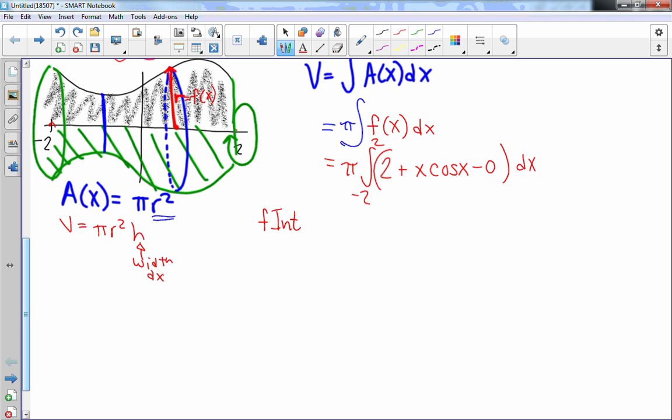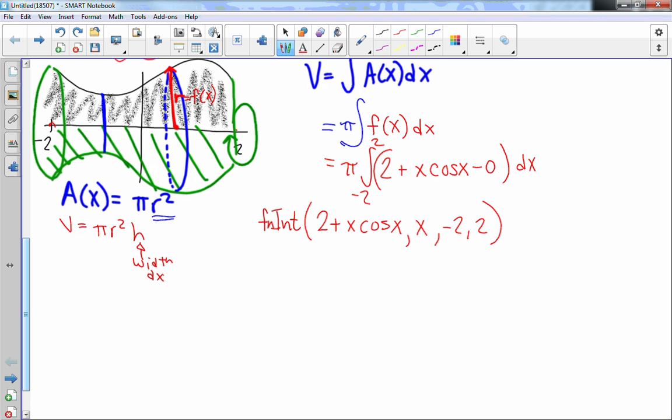Math number 9, Fn. Put in 2 plus x cosine x. You don't have to put a comma or minus 0. Comma x from lower to upper. That can kind of confuse you because when we do the math, we do upper minus lower. But when you type it in, it should be smaller first and then bigger. Okay? 2 plus x cosine